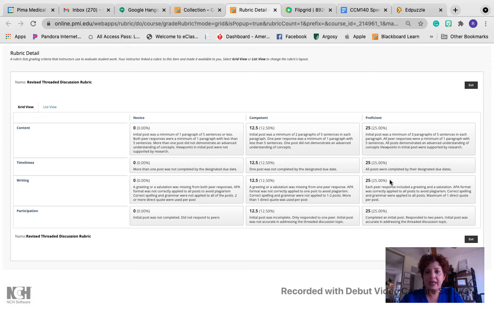And if you meet the proficient criteria, that is going to give you 100% on this assignment. So to get a perfect grade on the assignment, what you would need to do is make sure that your initial post is 3 paragraphs of 5 sentences in each paragraph,